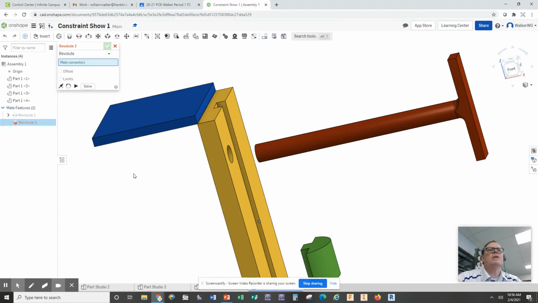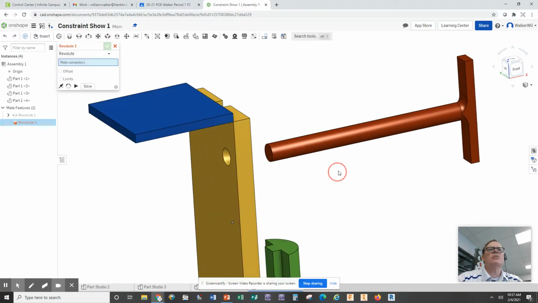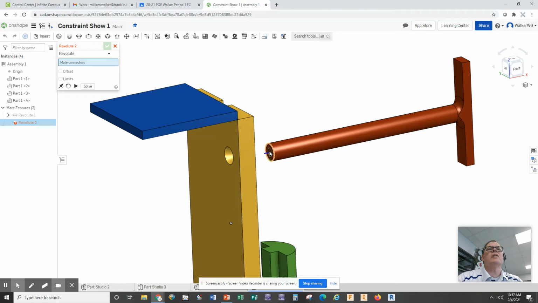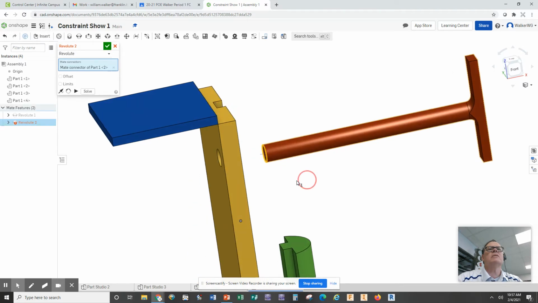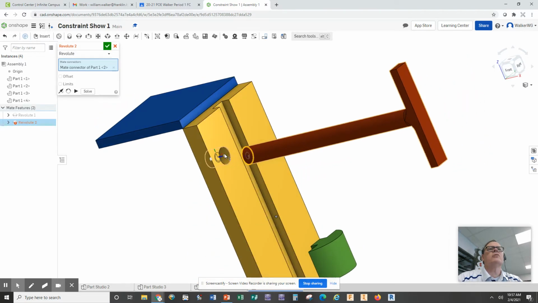Okay. Now the second type of mate that I want to show you again is Revolute, but this time we're using it with a cylinder or a pin in a hole, so it allows it to rotate, like revolve. Okay, so I'm going to go back to Revolute mate. I like to start with the pin itself. Click on the end of the pin, and then click on the center of the hole that you want to